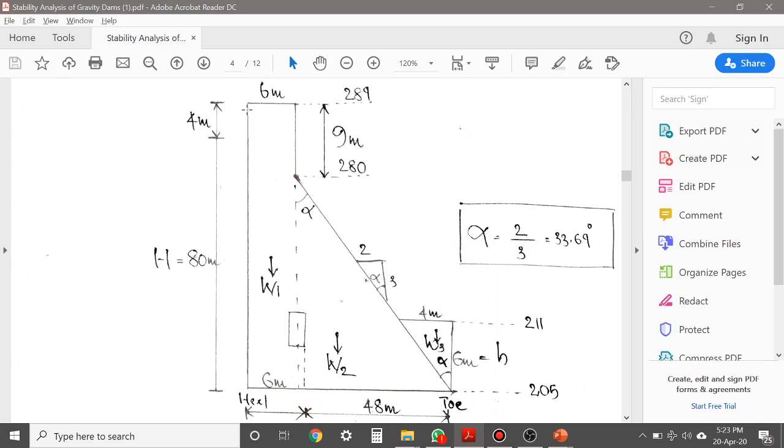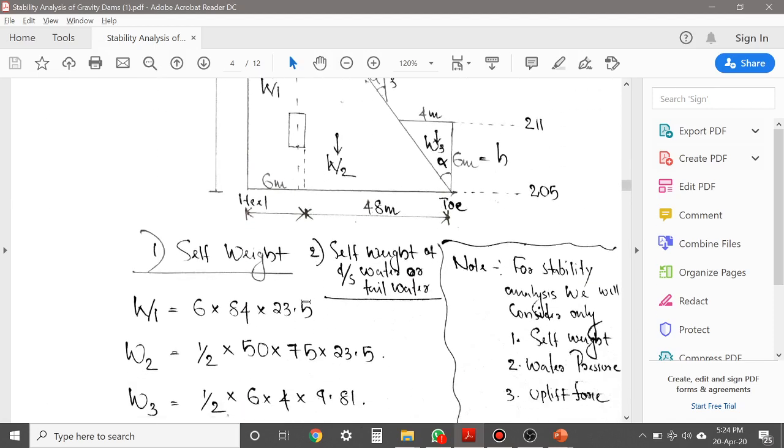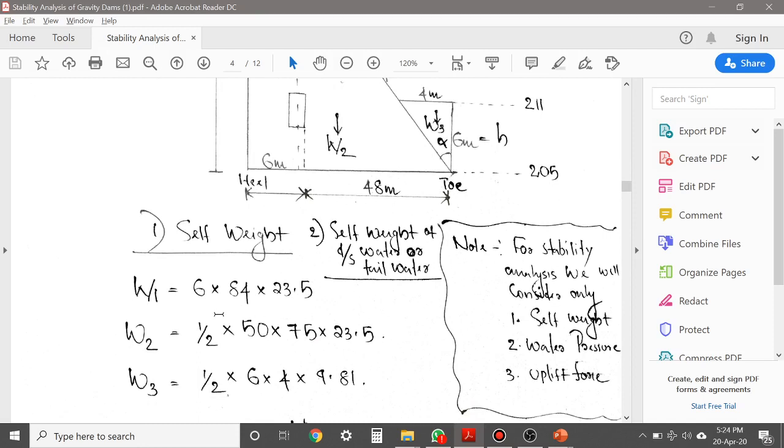Now coming back to the self weight, the entire gravity dam structure is divided into a rectangular portion and a triangular portion. The self weight of the rectangular portion is marked as W1, and for the triangular portion the notation is given as W2. From lecture number 1, you understand that in order to find the self weight, you have to multiply the unit weight of material into the area of the structure. So while taking W1,